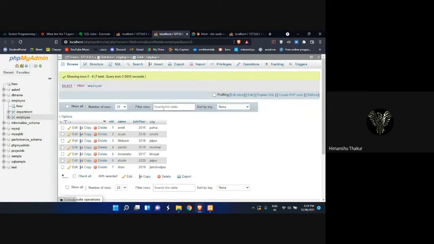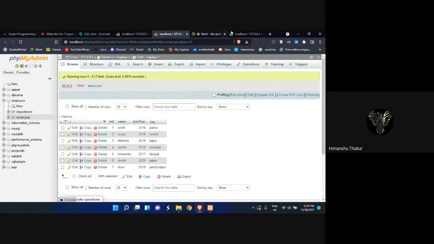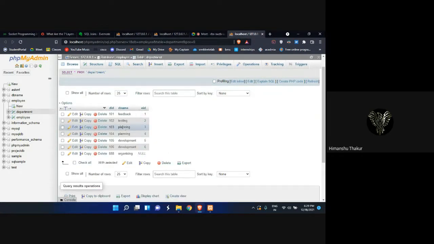To cope with that, I put another condition, similar to AND or NOT, and I compared that the employee IDs are the same. It checks if the department is planning or not, then it goes for employee ID.